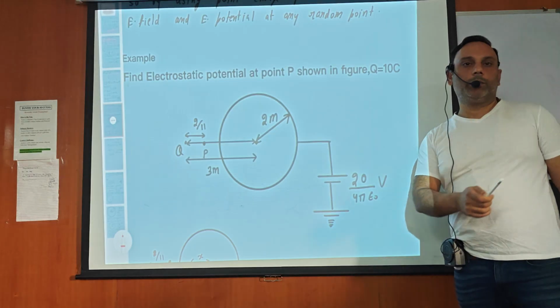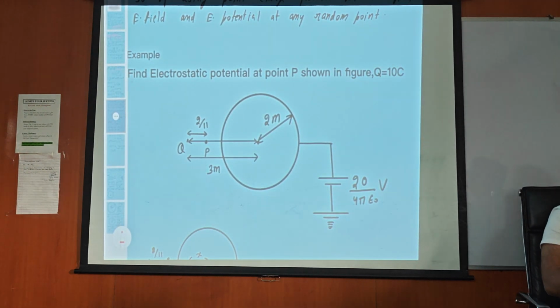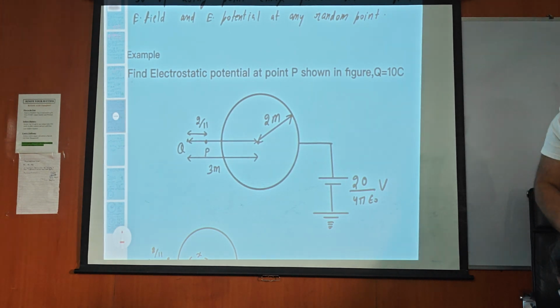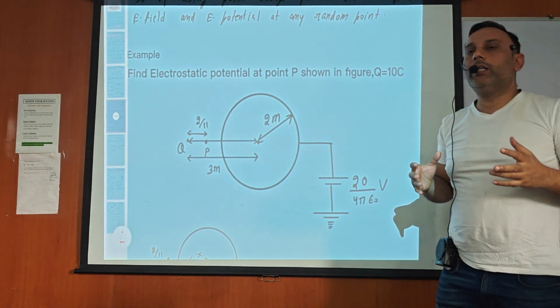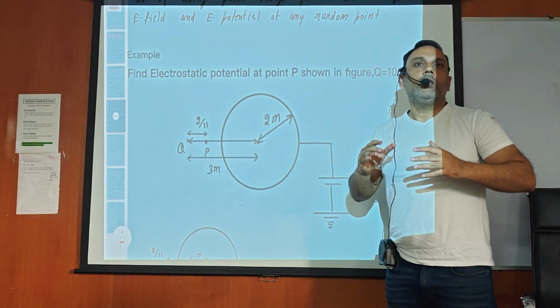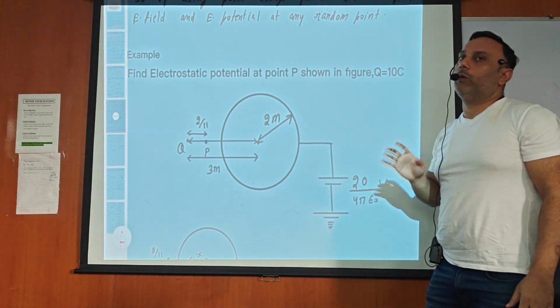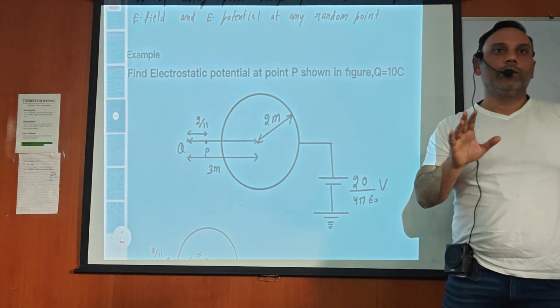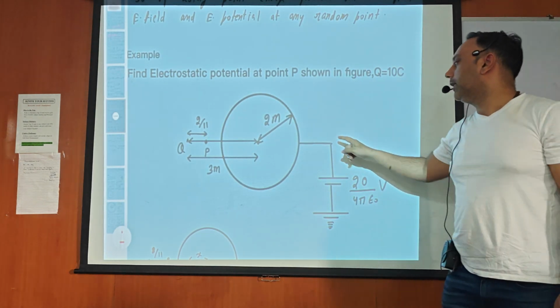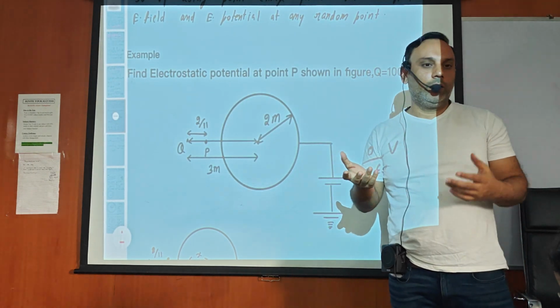So just try this question, beta. Here we need to find the electrostatic potential. So what should be our method? Our method should be to try to obtain another configuration which has the same boundary condition. Boundary condition means that on the conductor, at each and every point of the conductor, our new configuration must produce a potential of 20 upon 4 pi epsilon naught volt. So our new configuration should produce this potential at each and every point on the surface. So which 2 points will I select? The convenient points I will select.